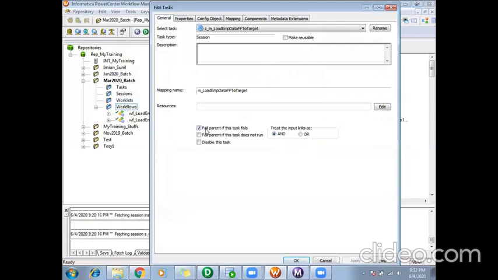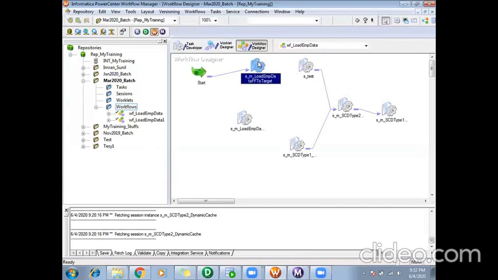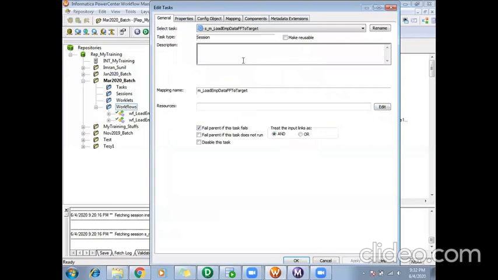In this session's General tab, you have something called "Fail parent if this task fails". Most of the time we normally enable this property, and sometimes we forget also. This might cause you some production issues. What this feature does is, if I enable this property and this particular session fails, it will ensure that your workflow also fails. Parent is nothing but my workflow.